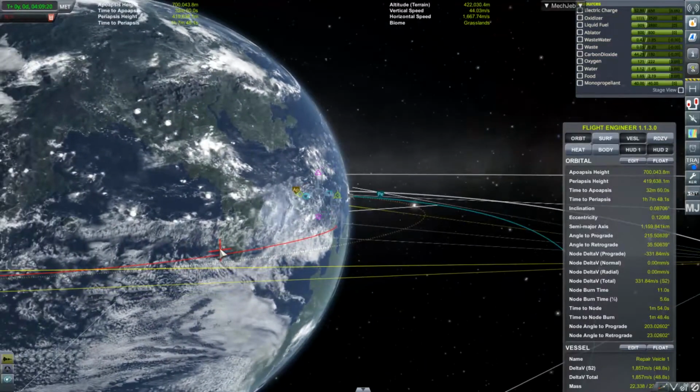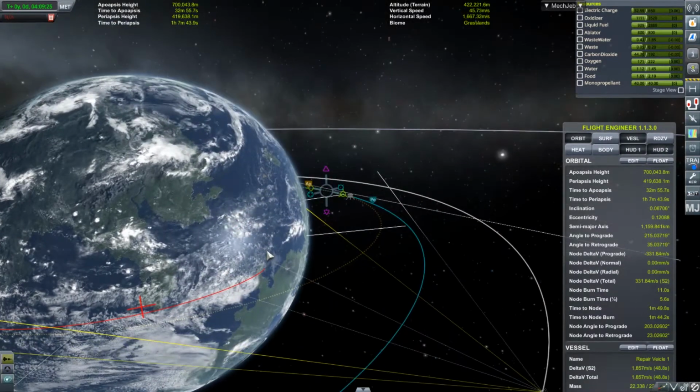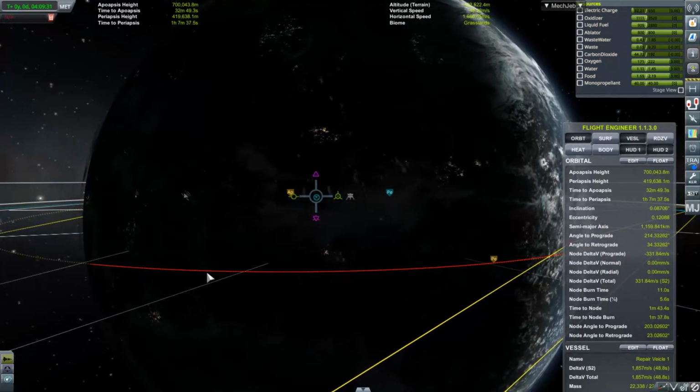You see a red cross here. So that one tells me where I'm actually going to land. As you can see, the red line is showing here. I will start to enter the atmosphere, and